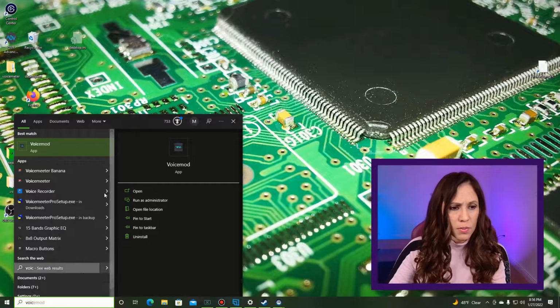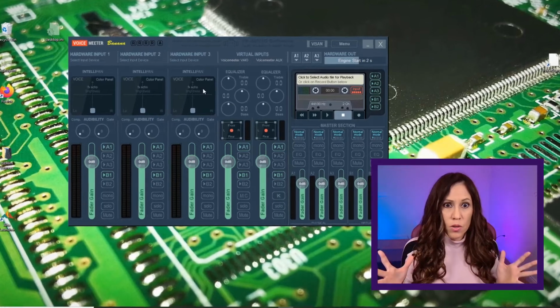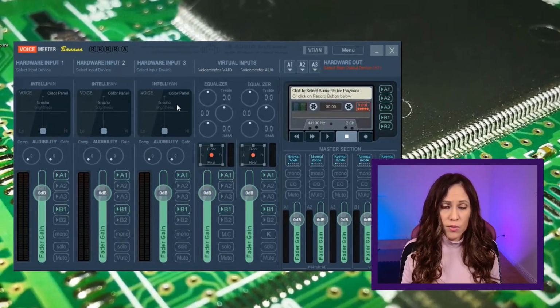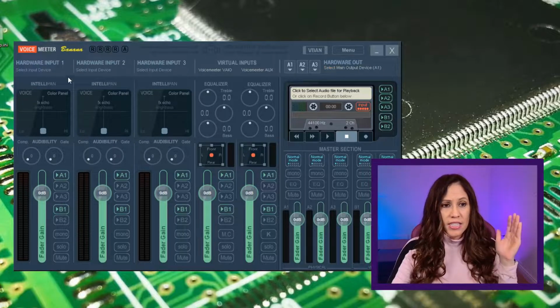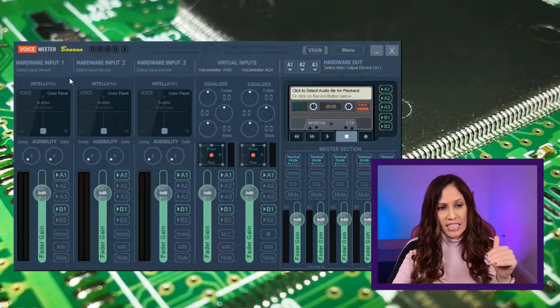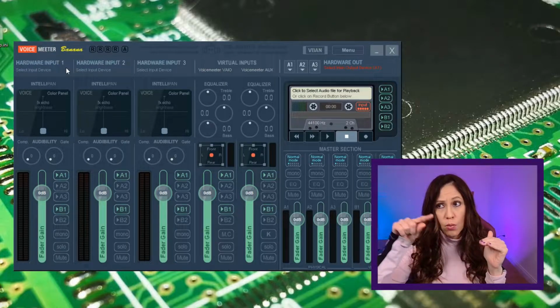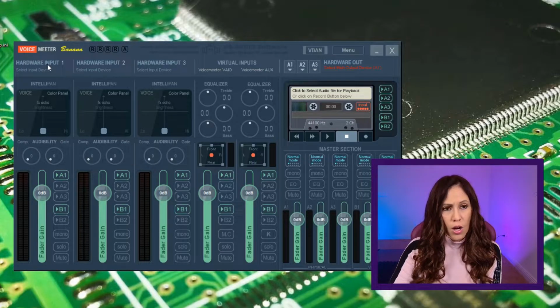So VoiceMeeter Banana right here. When this runs, I know it looks confusing. There are a lot of different options here, but really what we're going to use it for is something very, very simple. Right here for my hardware input 1, this is going to be my Index mic. That's going to be my input, and then we're going to take this and route it into the virtual cable input. So right here in hardware input 1, we're going to select